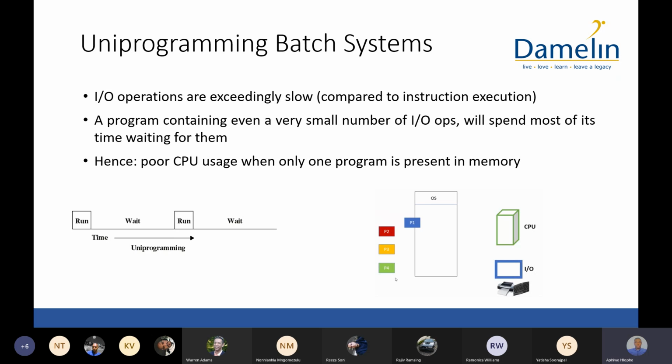A program containing even a very small number of input-output operations will spend most of its time waiting for them. Hence, poor CPU usage when only one program is present in memory. So what do they mean by uniprogramming? So in a uniprogramming batch system, okay,